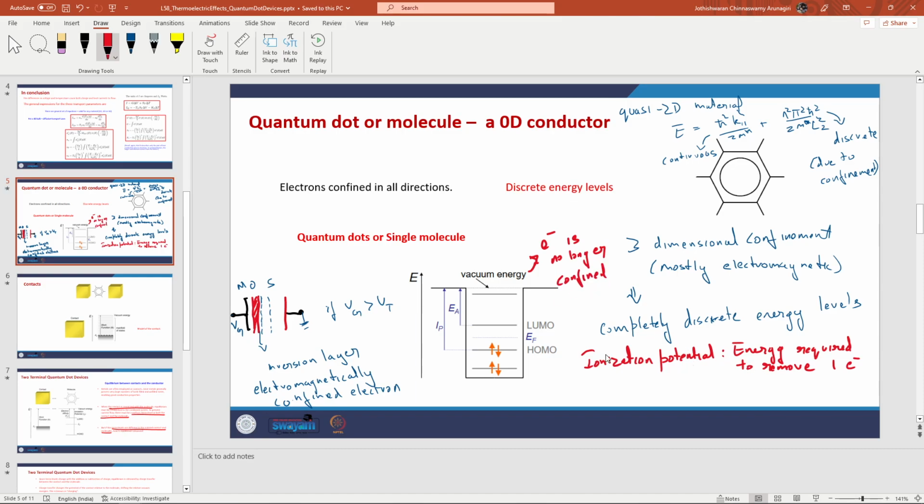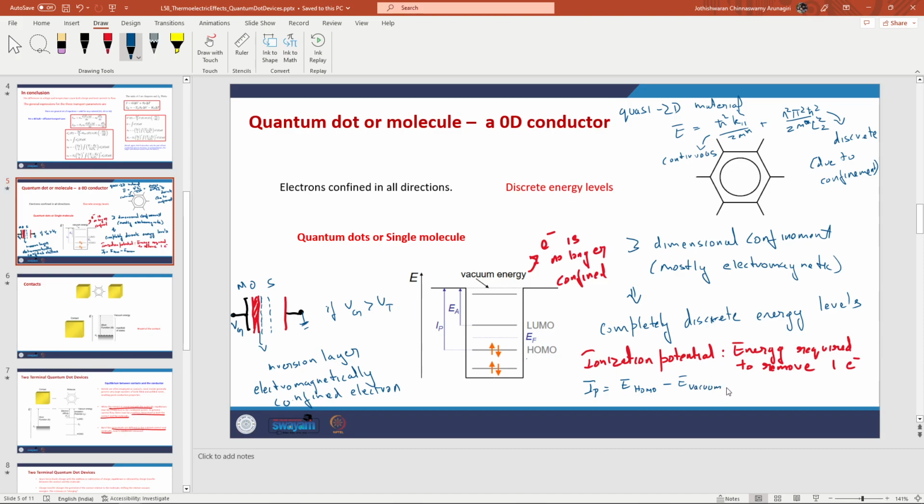So the ionization potential is essentially the energy difference between the highest energy value to the vacuum energy. So the ionization potential, let me write that here. The ionization potential is equal to E HOMO. HOMO is the highest occupied molecular orbital or highest occupied energy level. So I'm going to use that term here, E HOMO minus E vacuum,